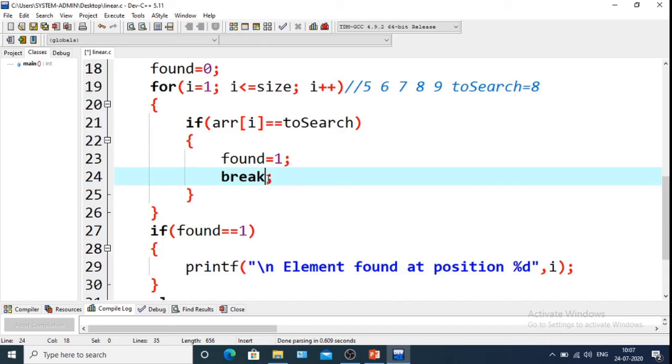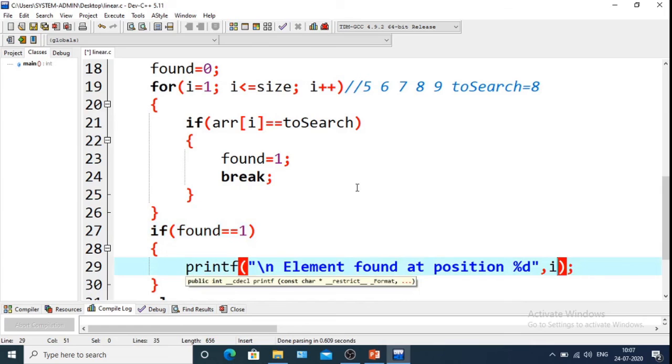So if found is 1, we print element found at position %d, and we know that the last position of I was 4, so the element is found at the 4th position.